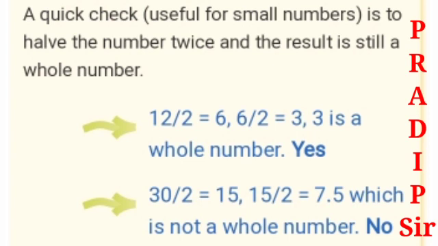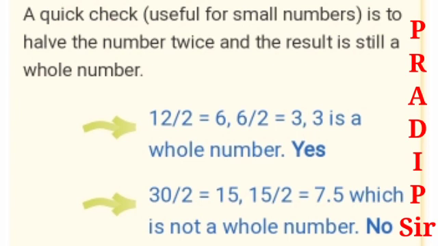divisible by 4. If we take the example of 30, now divide by 2 twice, half the number twice. That means first divide by 2, 30 by 2 is 15, again 15 by 2 is 7.5, but 7.5 is not a whole number. That means if we half the number 30 twice, the resulting number is 7.5, which is not a whole number. So the given number 30 is not divisible by 4. So it is also another trick to test whether a number is divisible by 4 or not.